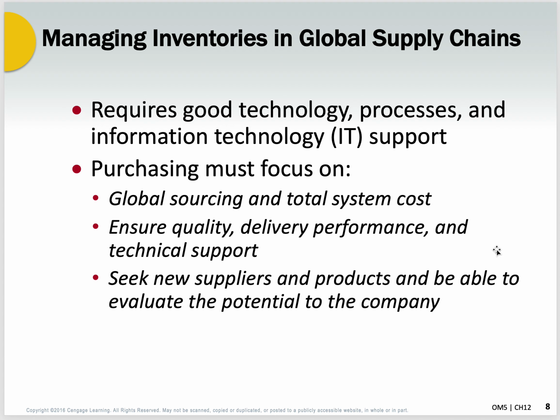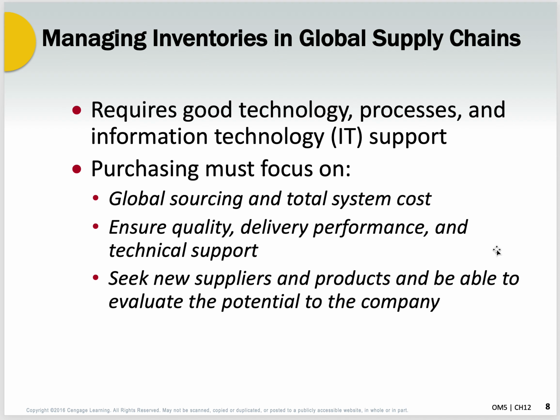So when we manage inventories in global supply chains, we have to have good technology, processes, and information systems. Where there used to be a planning organization in every geographic place a company like Procter & Gamble, Colgate, or Lever would do business, right now most of those companies have gone to one shared service organization globally, with a lot less people and supported and amplified by their ERP system that is able to do global planning from one